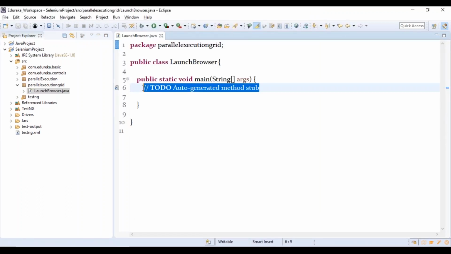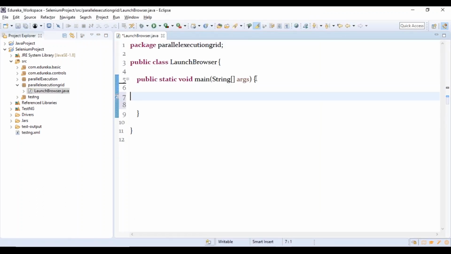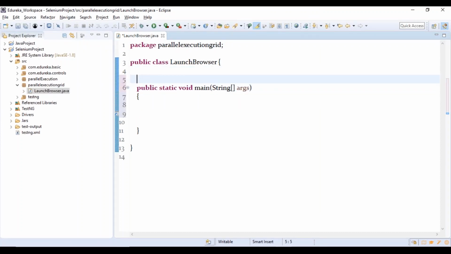So now in order to launch any browser, I told you that we have to set up your desired capability. So before that, let me take the drivers that we want first. I have the drivers set here, I have the jars here, but that is already set, and will be set to your grid, right? So now what we are going to do is work with your drivers and your web drivers.